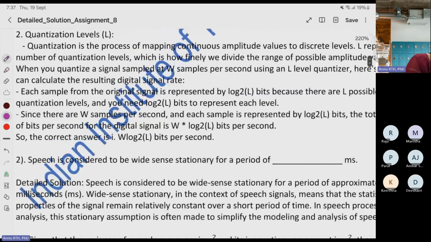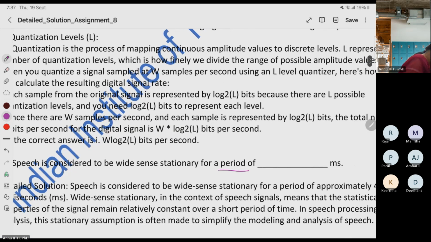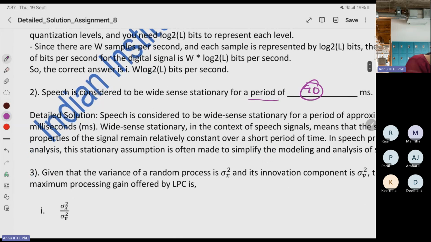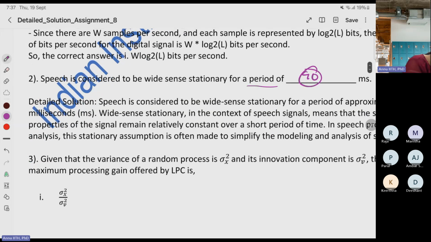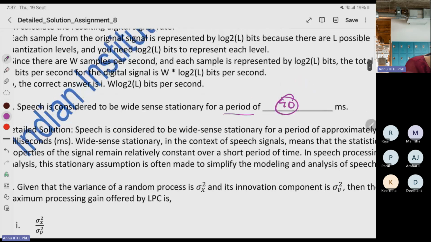And speech is considered as a wide-sense stationary process for a period of 40 milliseconds. That is a simple fundamental that we have in the class. Why is it 40 milliseconds? Because wide-sense stationarity in the context of a speech signal means that a statistical